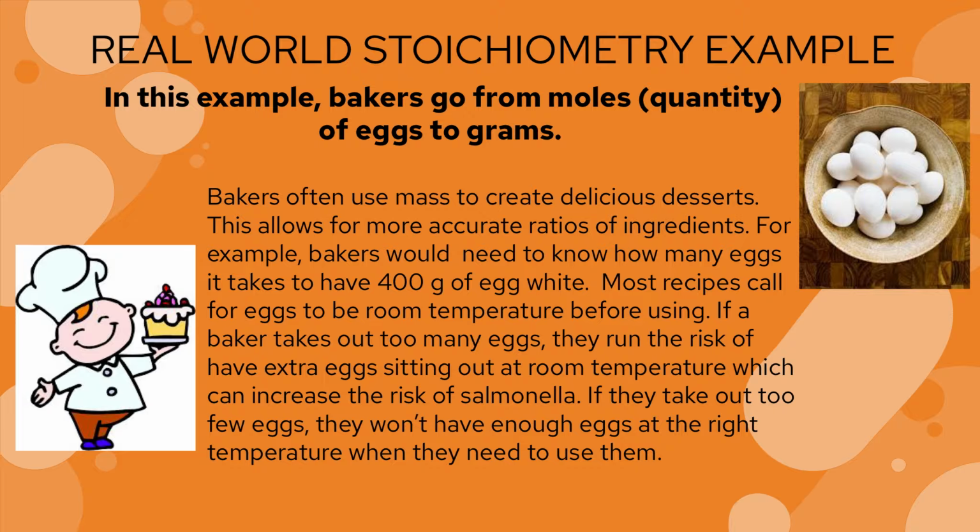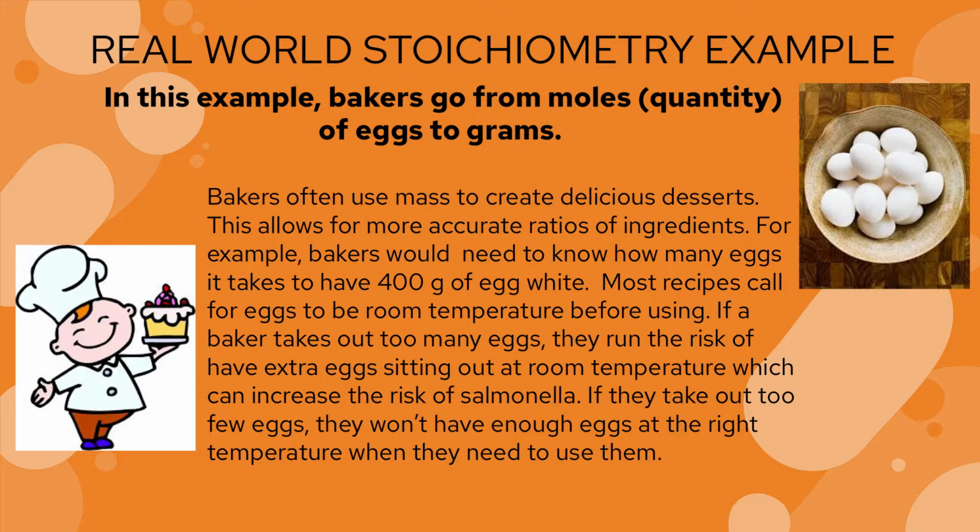So here's a real world example of how moles of something to grams of something is used in the real world. Bakers often use mass to create delicious desserts. It allows them to have a more accurate ratio of ingredients. And in baking, it's really important to have very specific quantities of different ingredients. For example, bakers would need to know how many eggs it takes to have 400 grams of egg